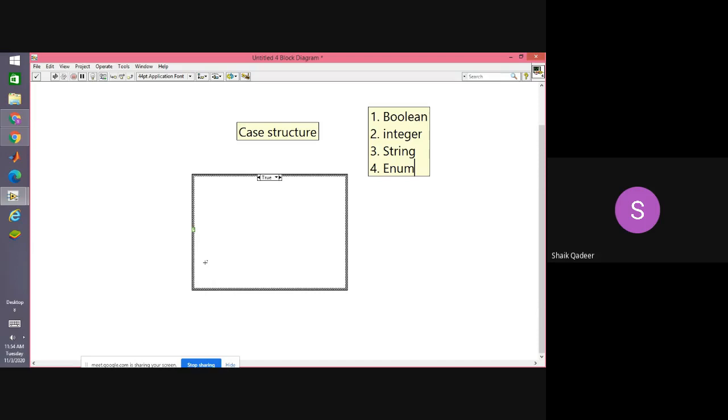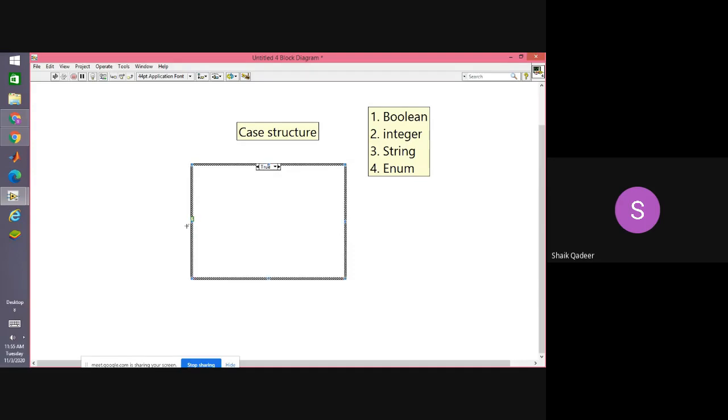Next point, write down. The control to case structure is represented with a question mark. Are you able to see that?